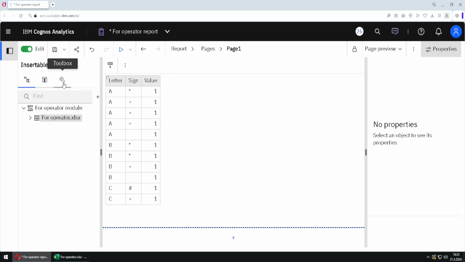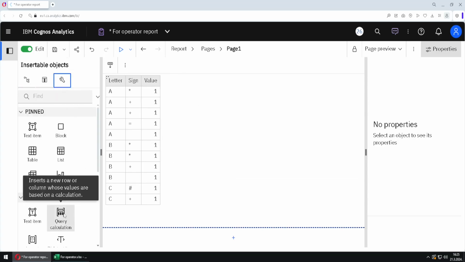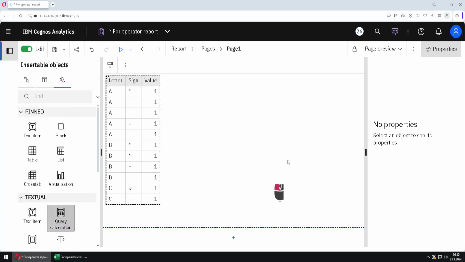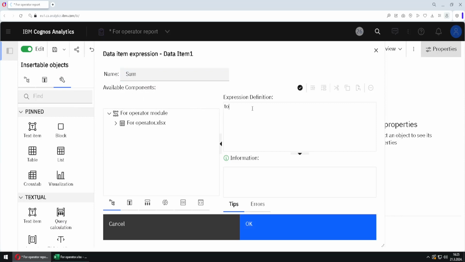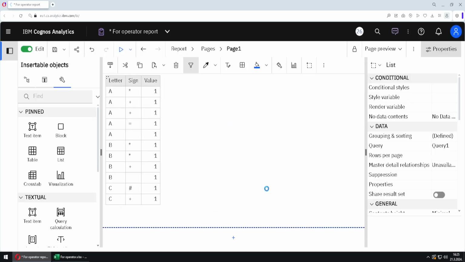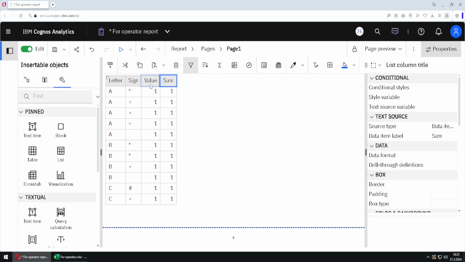I will first go here to Toolbox, and I will create a new column by using query calculation. I will add new column here. I will name my new column as a sum, and I will create a formula total of, and I will place a column value inside of this parenthesis. So when I click on OK, I will get a new column, but this new column is the same as the old column. There is no difference, and the reason for that is because this